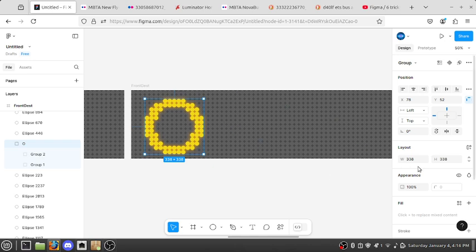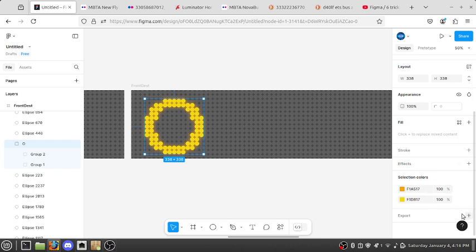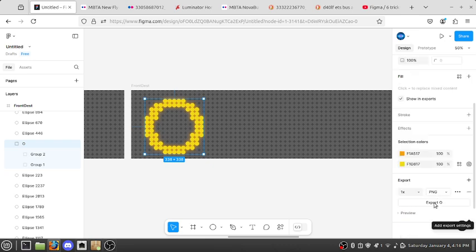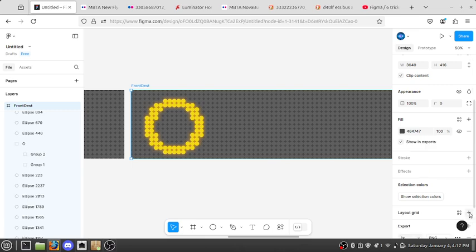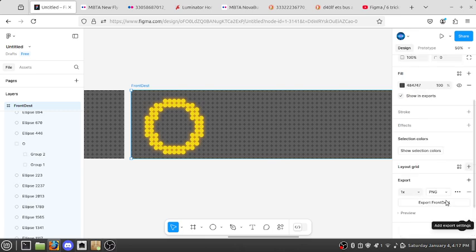And once you finish everything, all you just really need to do is scroll down here to your export, click the plus icon. Actually, you need to click your frame, your front destination, so it selects everything. Scroll down to your export, and then here you can just export this image as a PNG,